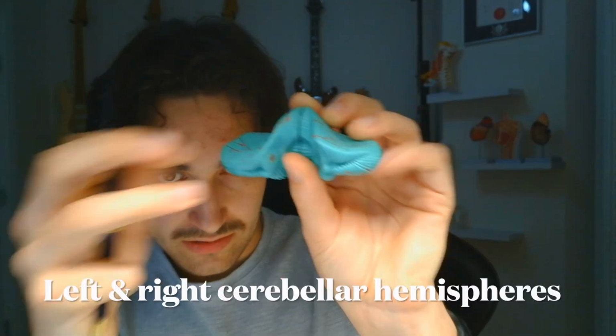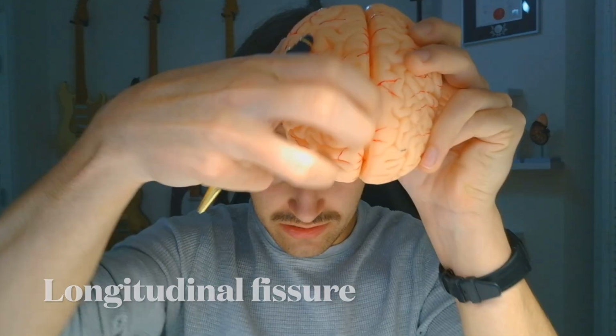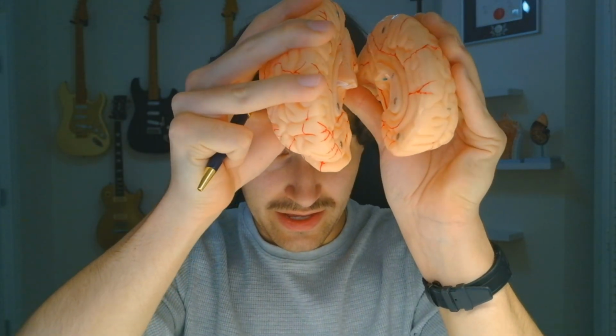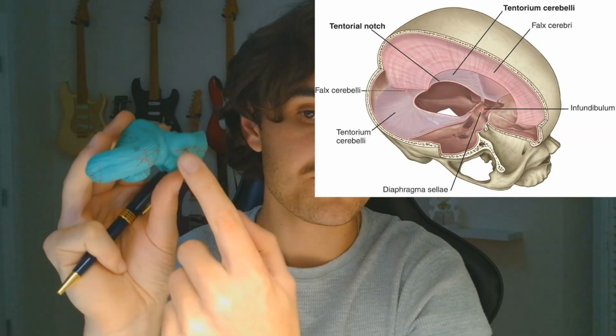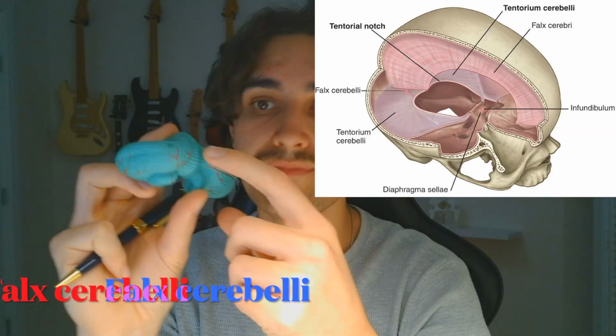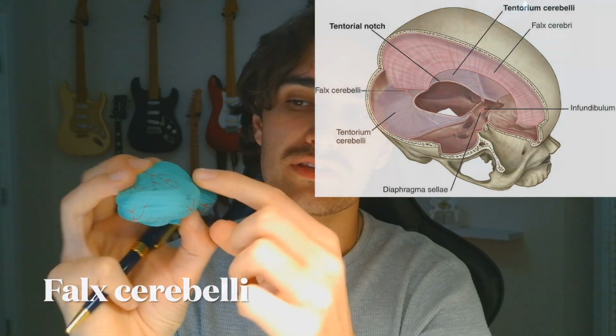Okay, the last thing to discuss is the cerebellum. So here is the cerebellum. What are we looking at here? Well, there's a left and right hemisphere of the cerebellum, just like a left and right hemisphere of the cerebrum. The left and right hemisphere of the cerebrum is divided down the longitudinal fissure by an outfolding of meningeal dura mater called the falx cerebri. The same thing occurs in the cerebellum with the falx cerebelli, but only for the posterior